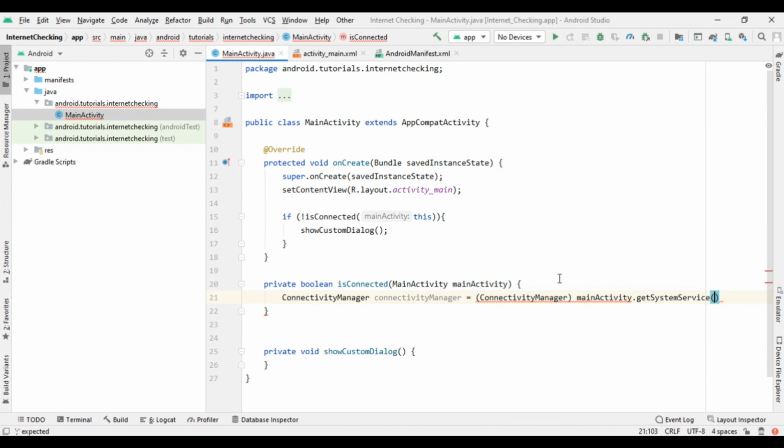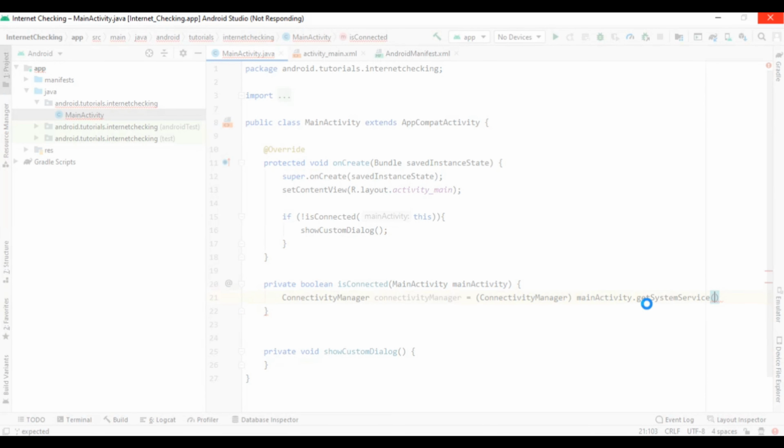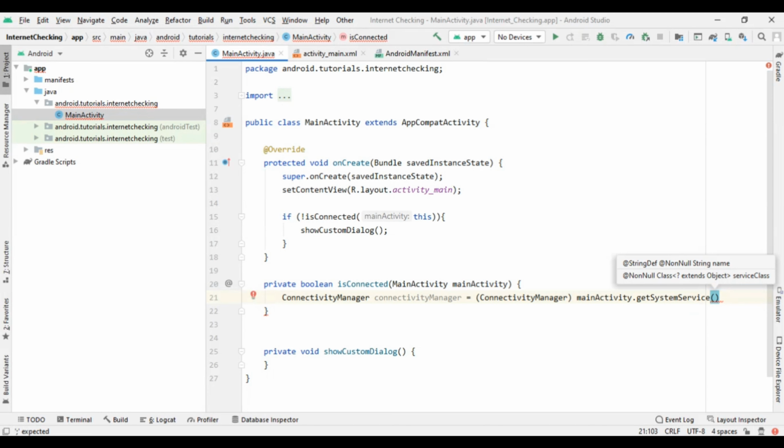So now we have to write Context.CONNECTIVITY_SERVICE.